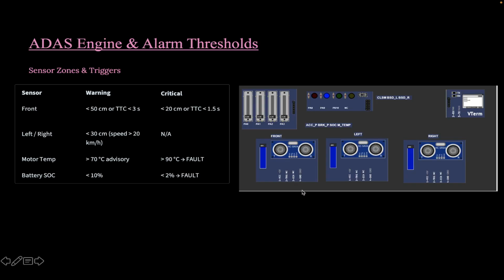Next is the obstacle detection. Now this is where we use the ultrasonic sensors, as I have said, HCSR04. In this we have front, left and right. We have assigned a sensor for each side. The front sensor will monitor the distance to the vehicle or if there is any obstacle ahead of it. Then the left sensor